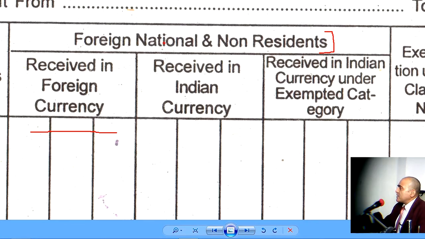If these foreign nationals or non-resident Indians are paying you in Indian currency, then you must record it here. Now you might be wondering what this is all about. The first thing you need to understand is that it is a rule of the Government of India that all foreigners must pay in foreign currency. If you relate this to import, export, and balance of payment, paying the import bill through foreign currency, you'll understand why the Indian government insists that foreigners must pay in foreign currency,